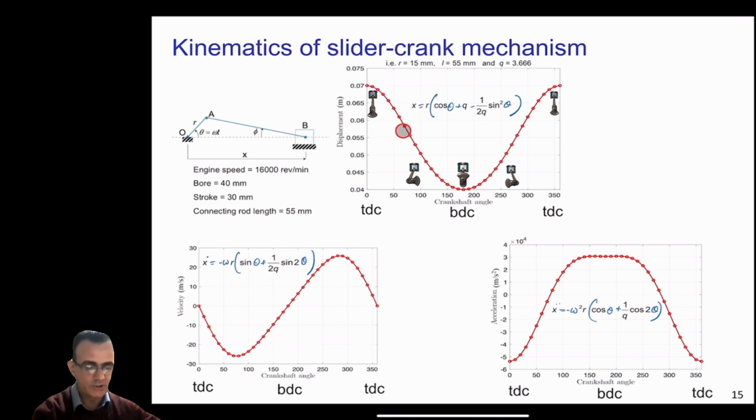So in this case, as you can see, the velocity plot, which is this plot here, is just the slope of the displacement plot. So again, we can see that at this point, the slope of the displacement is 0, and therefore the velocity is 0. And similarly, at this point, the slope is 0. So again, you can see this is 0 velocity. And here at this point, again, the slope is 0. So at this point, which is 180 degrees, the velocity is 0 here.